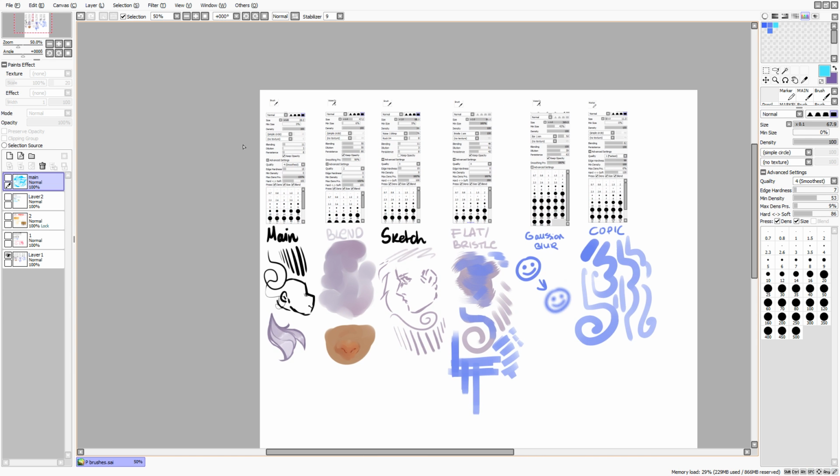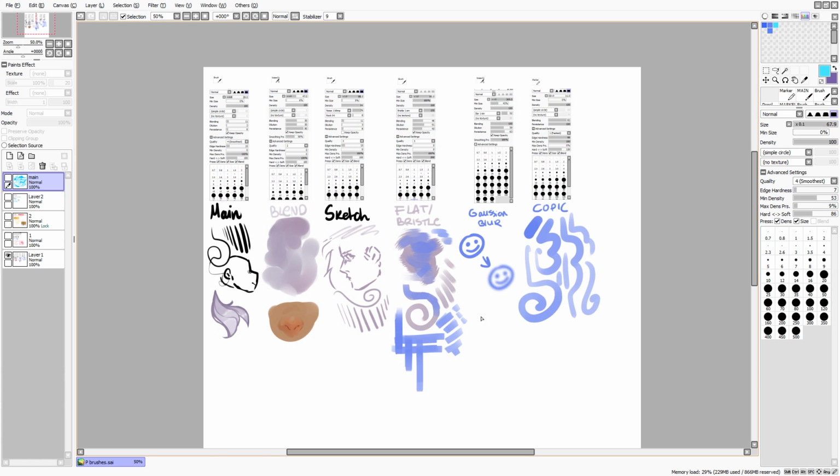Some of these are mine. I think most of these, except for the last two, are mine, because I got these two from a friend. I'm pretty sure this one is just their brush settings for their line art, but I use it as a Copic brush, and I don't even know if they're the same settings anymore, because I've played around with it a lot. Anyway,